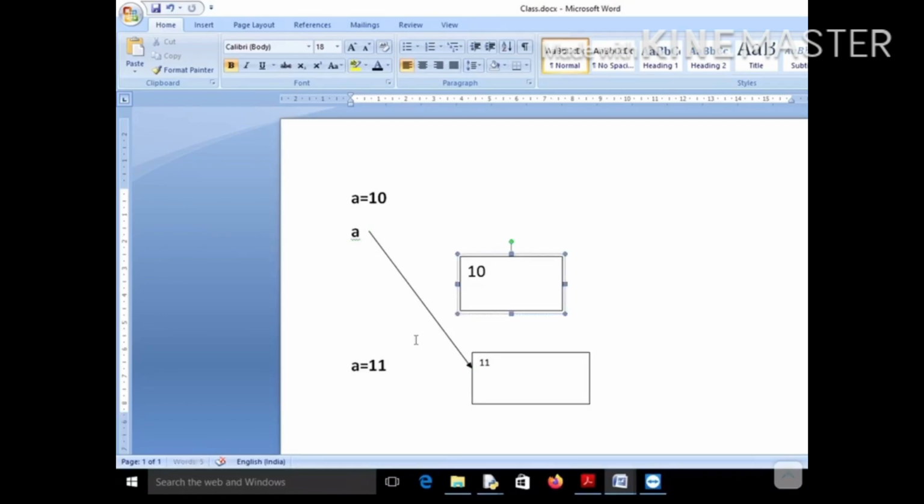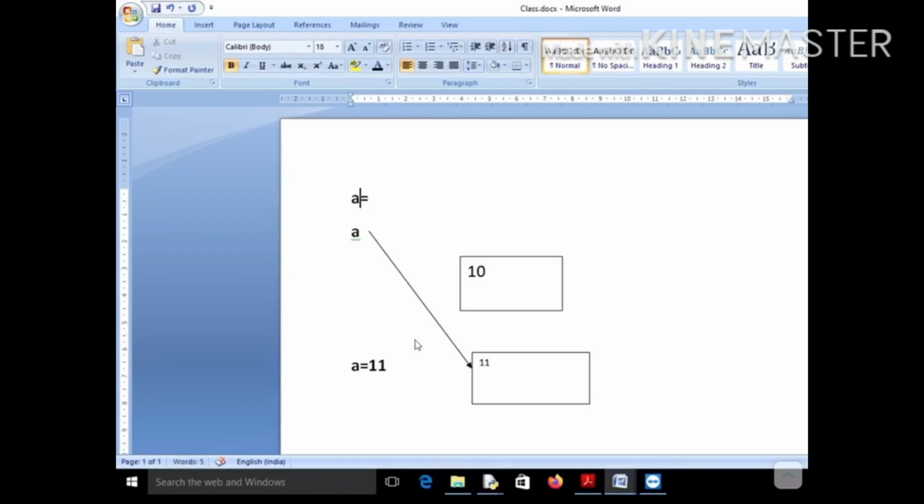So the previous object holding the value 10 will not get modified to 11. Instead a new object having value 11 will get created, and a will now start pointing to this new object. This is applicable to all immutable objects and data types.